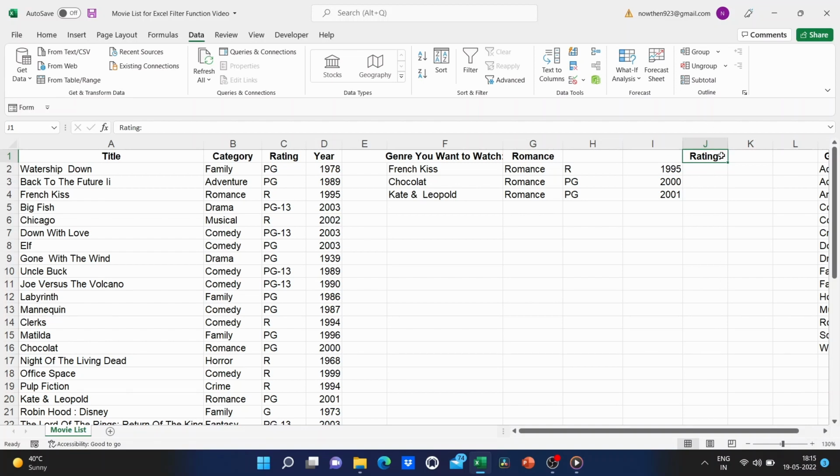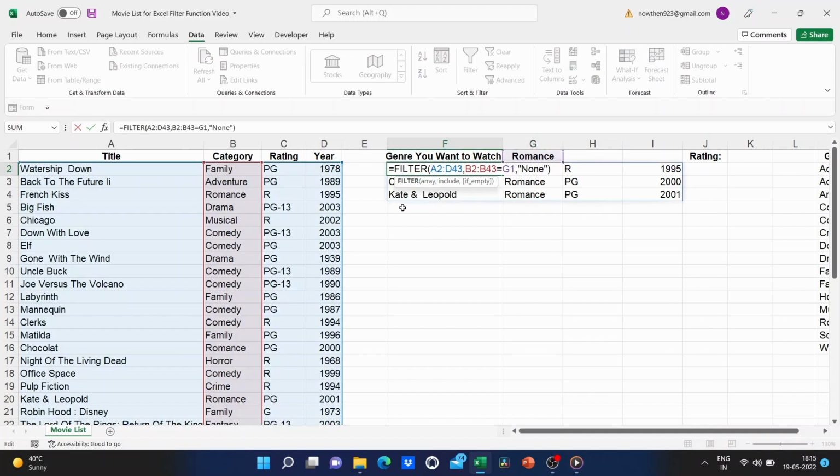Would it be possible for me to use the filter function to create a dynamic filter that not only filters for, let's say, romance, fantasy, horror, or other genres, but also filters based on rating? Let's see if we can do that. So if you recall, I typed in my filter formula here in cell F2.